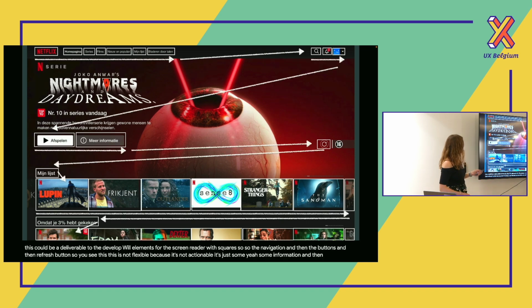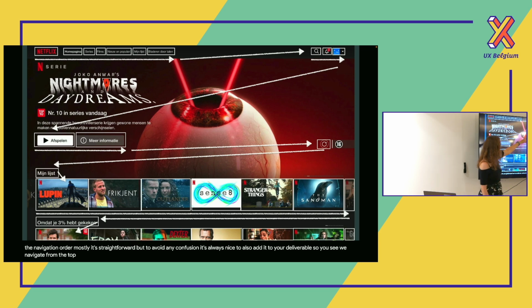And then we also have the navigation order. Mostly it's straightforward, but to avoid any confusion, it's always nice to also add that to your deliverables. So here you see we navigate from the top to the search, the alerts profile, and then to this button, and then to the refresh, and then to the title here, like this.